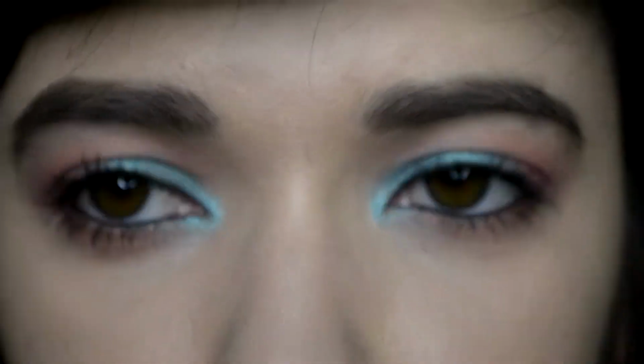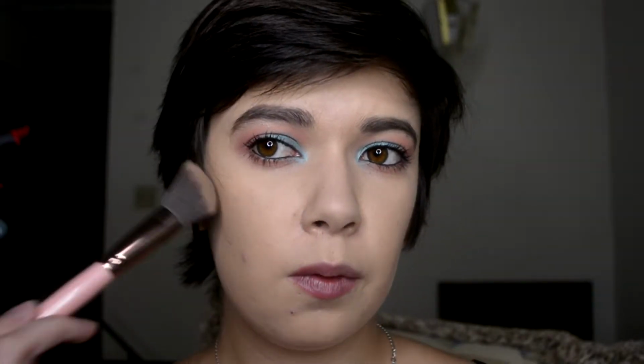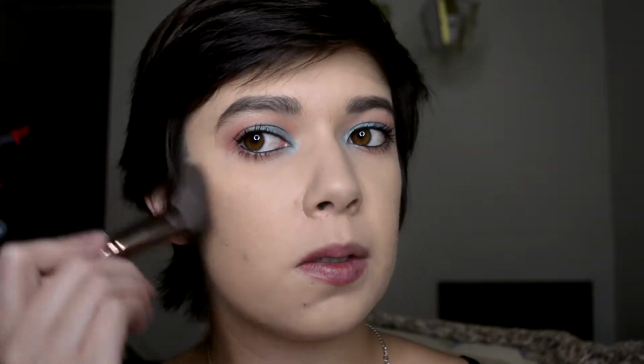So let's finish off the face. Now I turn my light up way too bright. Oh well. Contouring with my Kevyn Aucoin sculpting powder. I'm gonna use